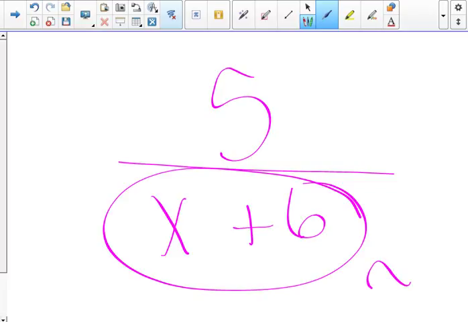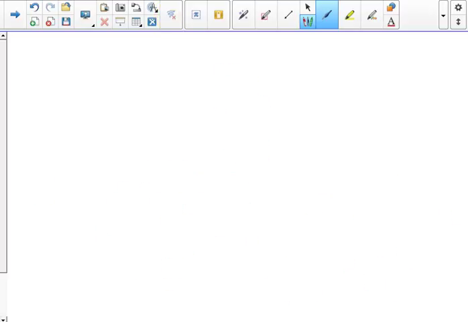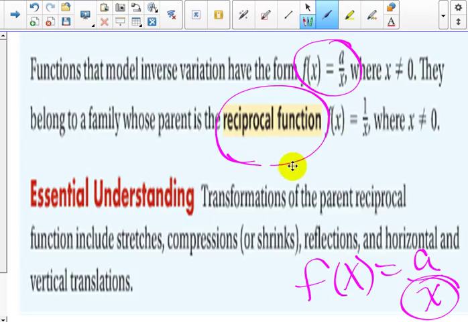So here we're going to say that x cannot equal -6, because then you would have -6 plus 6 equals 0. And then we're back to the undefined fraction. I ate 5 pieces of nothing. Well, where have you been? Not on this planet, because that doesn't exist here on Earth. All right, so